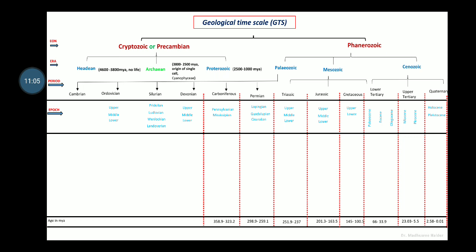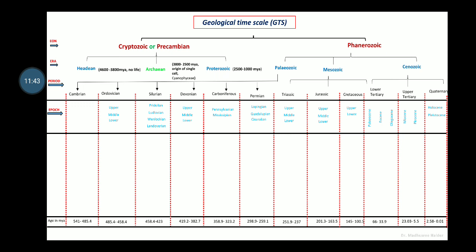323.2 to 358.9 million years, and Devonian is almost 382.7 to 419.2 million years, while Silurian started from 423 million years and ended with 458.4 million years, and Ordovician started from 458.4 and ended in 485.4 million years almost, and the Cambrian, that is the